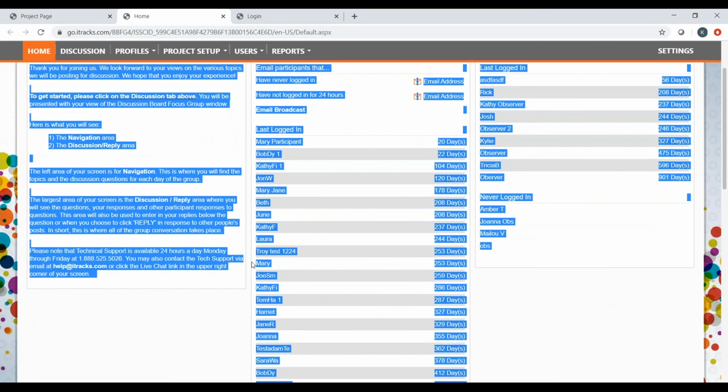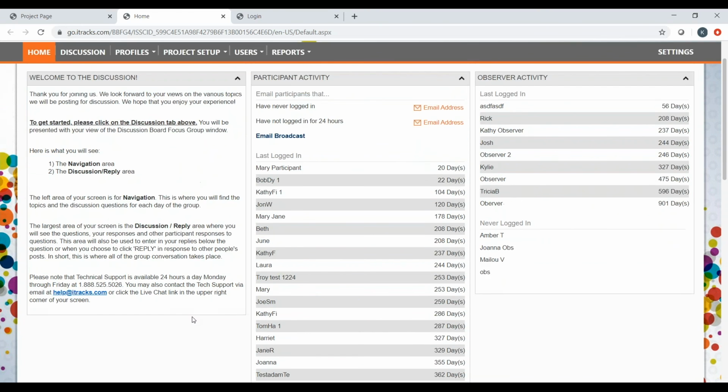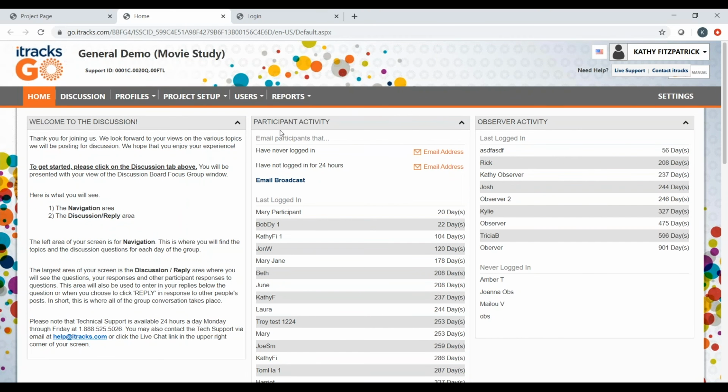This is from a researcher perspective, and you get to see what the questions were, who's been participating. Importantly, in the beginning, as you and your clients move into online, who logged in to observe, who's not been there at all. So you can play teacher a little bit here and say, you were going to log in and look at this data yesterday and you didn't. So keeping them committed is a good thing for you to do.